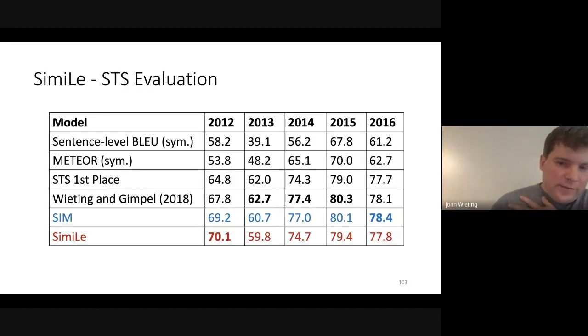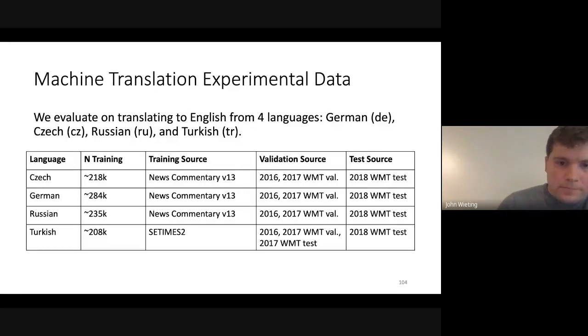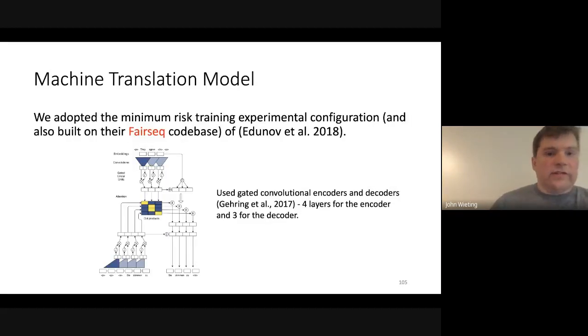This just shows that simile is not affected by the length penalty, doesn't really hurt you. And here's our training setup. Essentially, we just use WMT, but we use a smaller pool of data. We did 4 languages just to try to maximize experiments, to try to be as convincing as possible. And then we use convolutional encoder-decoder models.